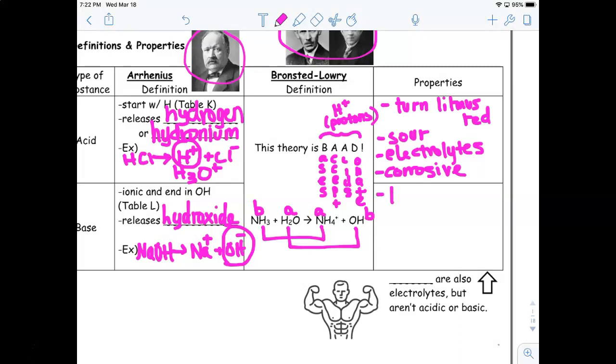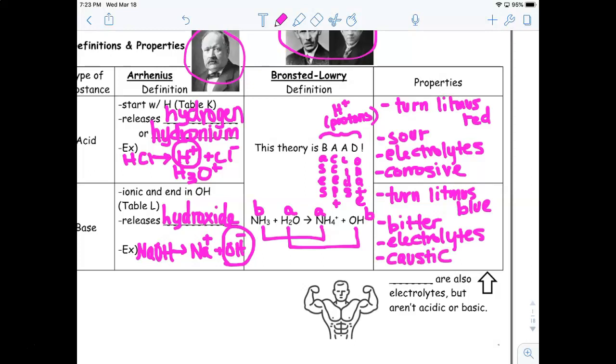Bases, they turn litmus blue. Okay, they taste bitter. So a lot of people think that sour and bitter are the same. Sour would be like if you bit into a lemon. Bitter would be like eating dark chocolate. So they're a little different. Bases are also electrolytes. They also conduct electricity when you dissolve them in water, so that's not a good way of telling them apart. And for reactions, we call them caustic, which means like acids, they're going to hurt you